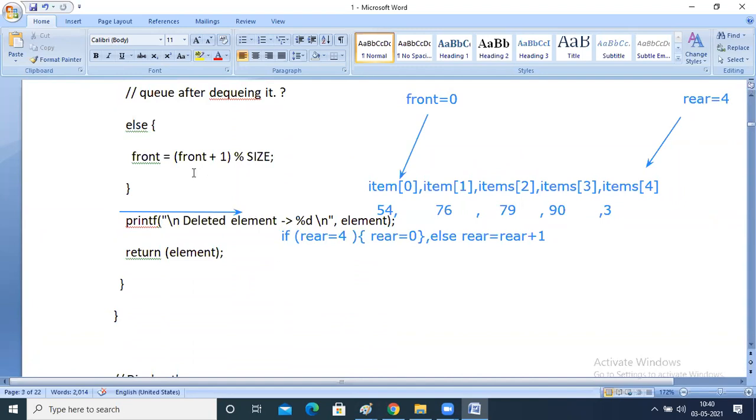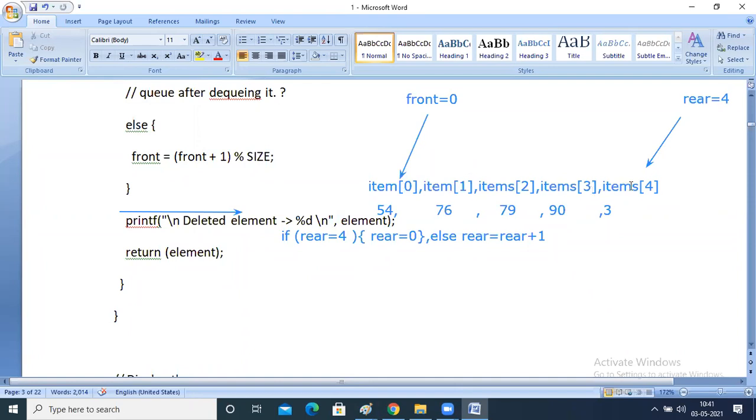So here also you can see front is equal to front plus 1 mod size. Previously I told this is the step which differentiates it from our linear queue. You can see how the linear queue and circular queue are differentiated. So here also, first I deleted the 0th element, 1 element, 2 element, 3 element, 4 element.